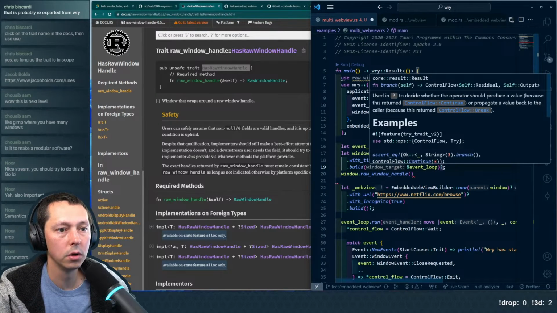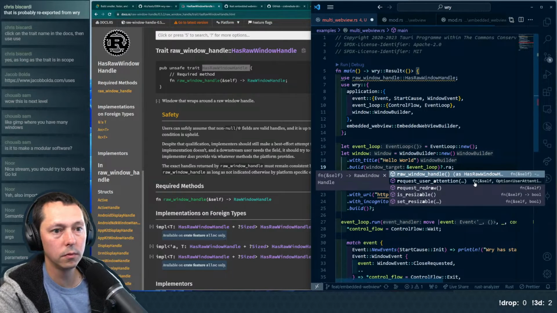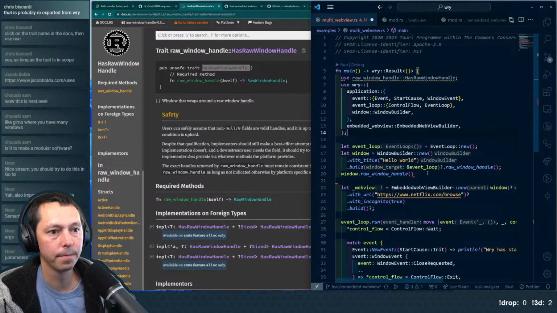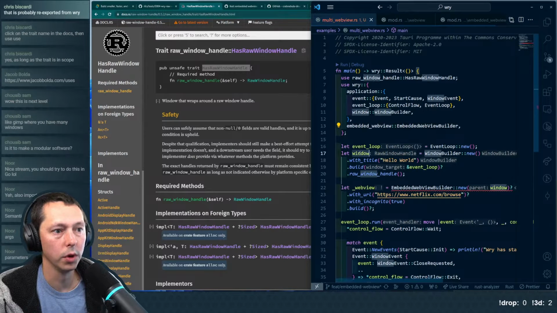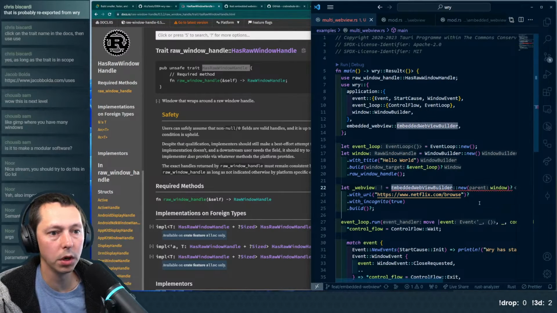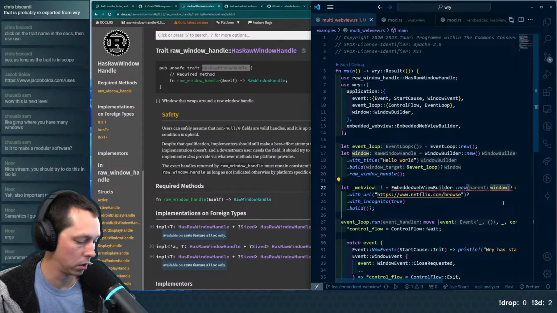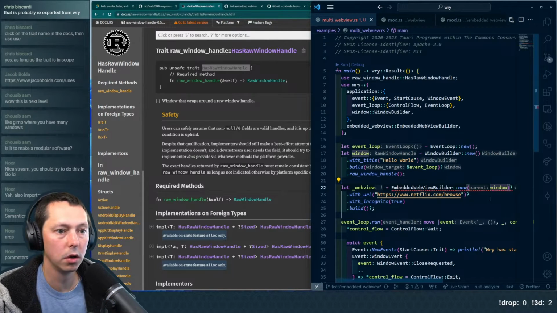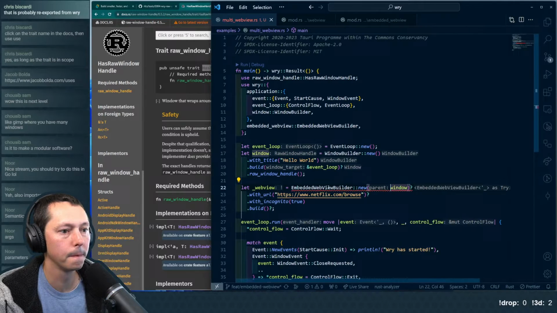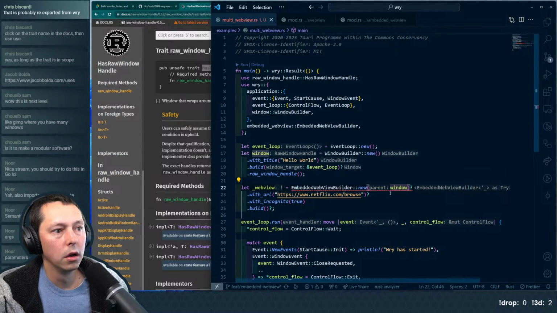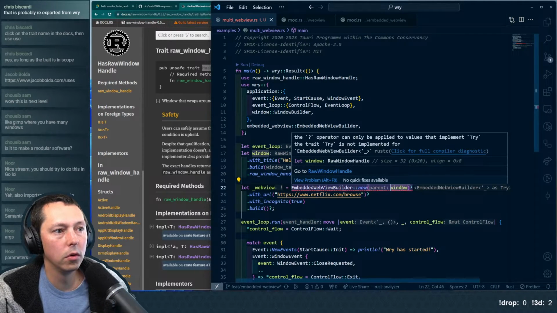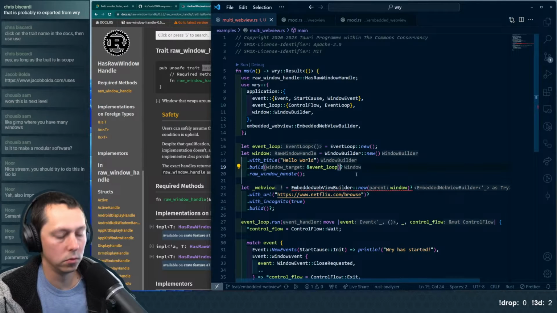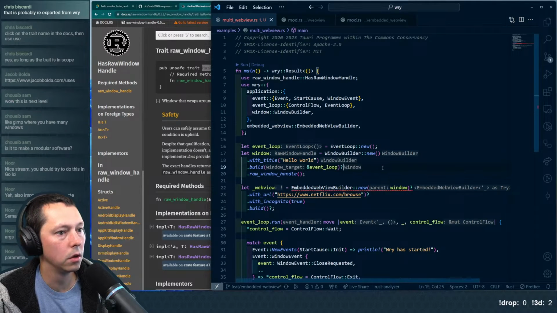That build. Okay, window gives us a raw window handle. Now we got the embedded web view builder. And I think we then... Let's look at the error. Do we not need the question mark here anymore? Result. And then